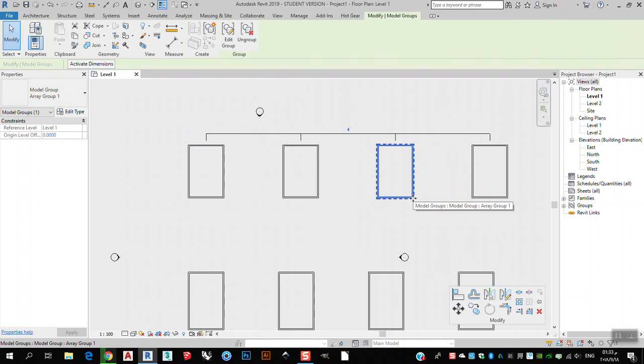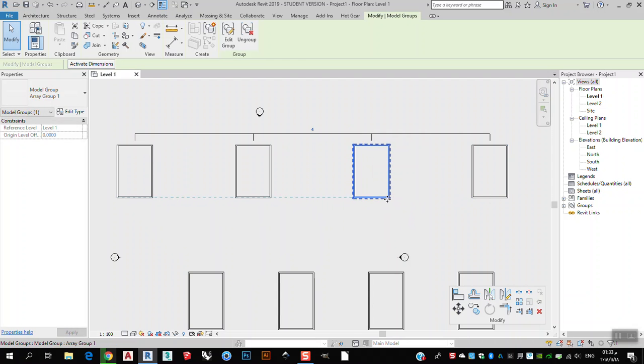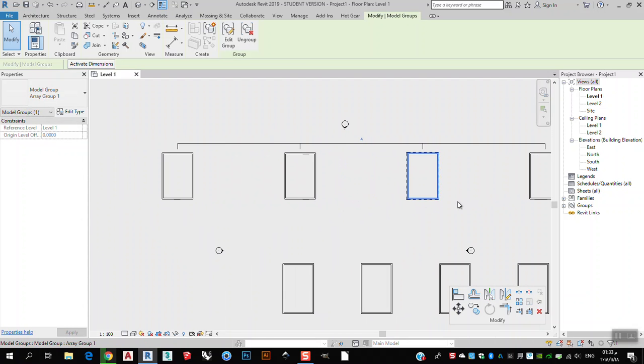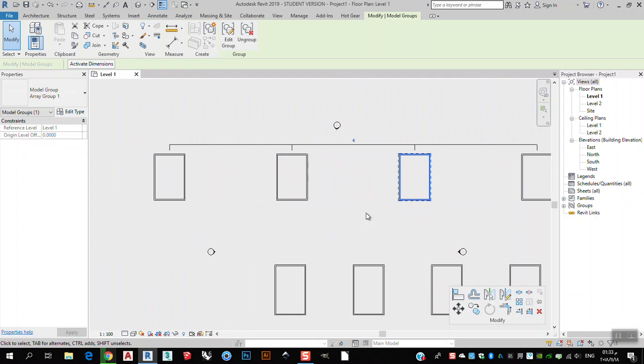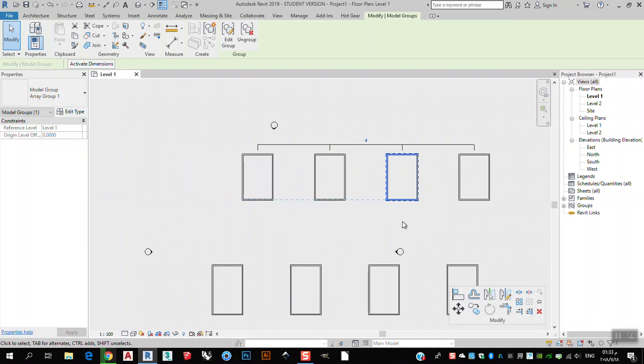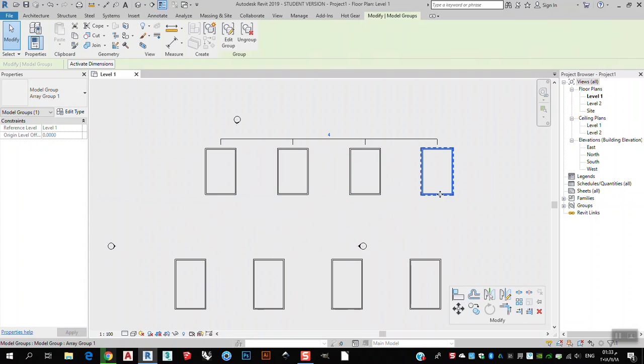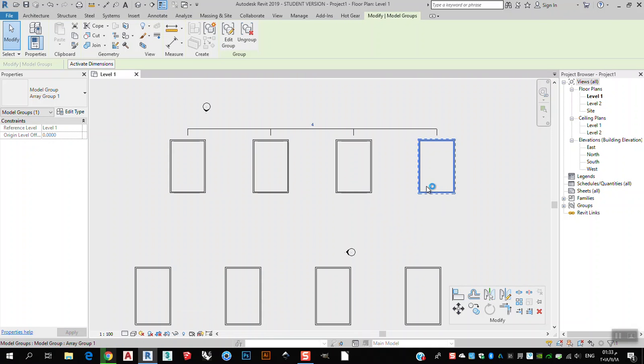You can do the same here. You can change the distance in between this and the other, and it will affect the other objects. You can make it like so as you need. If I just click here and I want now to change